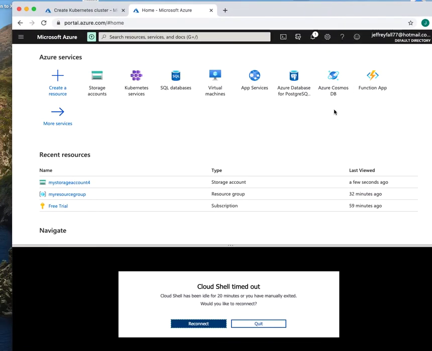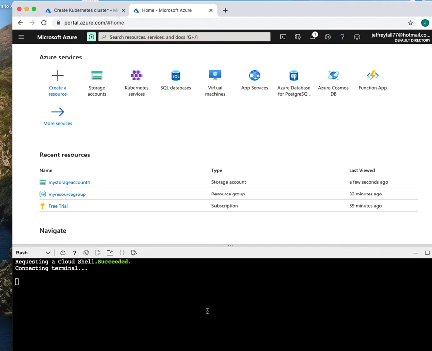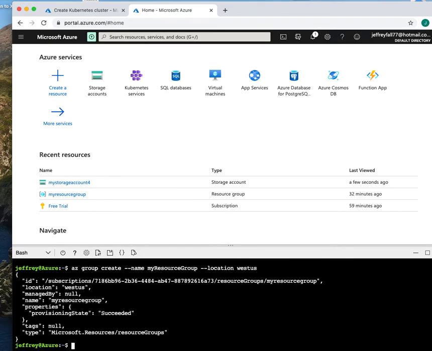Let's see if those will work. So I want to make the command in the West. So I'm going to change this to West US, and I don't care what name it really is. Let's see if this works. So it did, I think,